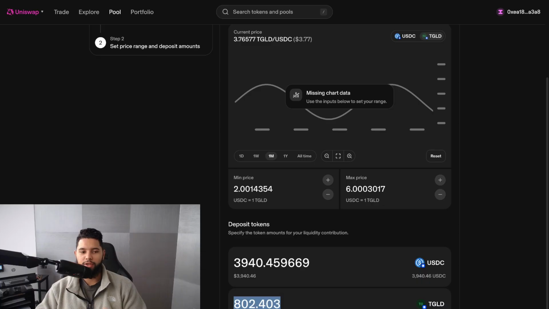because of the range. So if you change this range at all, like if I change this to 1, you'll see that the amount of tokenized gold actually goes down that I need to add. Because relative to the USDC, it's basically setting my range below the pool price. So you can play around with this. I'm honestly considering playing around with it even while we're here, just because I want to add it in equal parts. Let's see here,